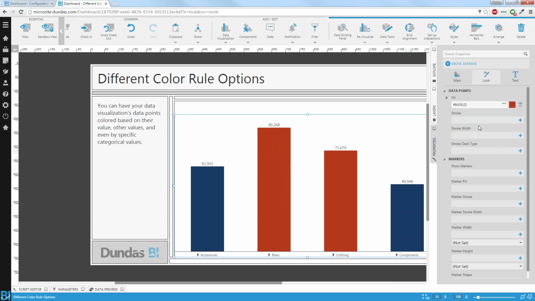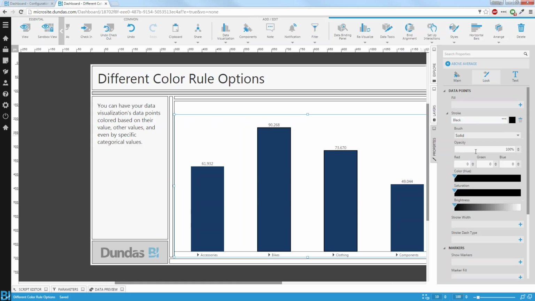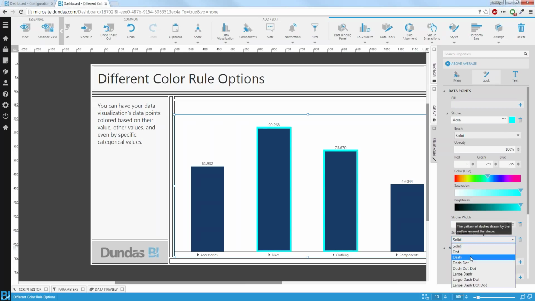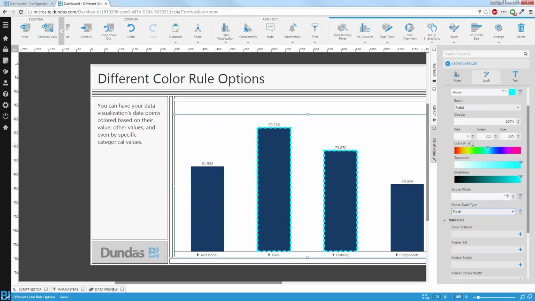You can open this and modify this however you want. Maybe you don't want to color it red. Maybe you don't want to color it at all. Maybe you just want to subtly make it stand out by adding a stroke. So here let's add like a black, actually that's not really super visible. Let's do something a little bit more obvious like aqua. There you go. You could add the width, maybe make it a little bit thicker, change the dash type. I mean, I wouldn't call that subtle, but my point is that you can do a lot with the actual